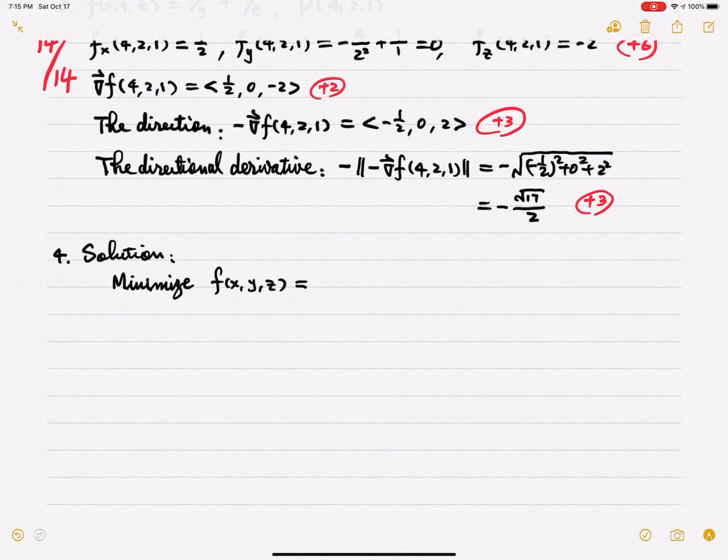Now, the distance formula has a square root. Our textbook talks about a couple of examples. If you want to minimize or maximize the distance, it's the same as minimizing or maximizing the square of the distance. So that's (x minus 0) squared plus (y minus 2) squared plus (z minus 4) squared. So we minimize this function, and then subject to